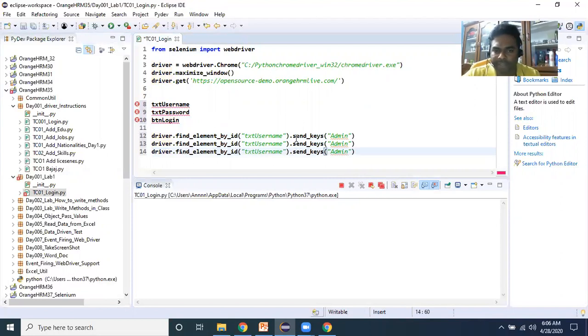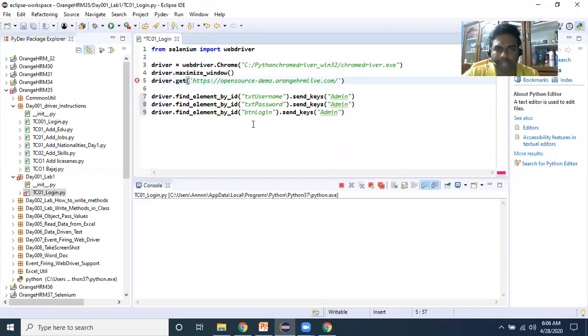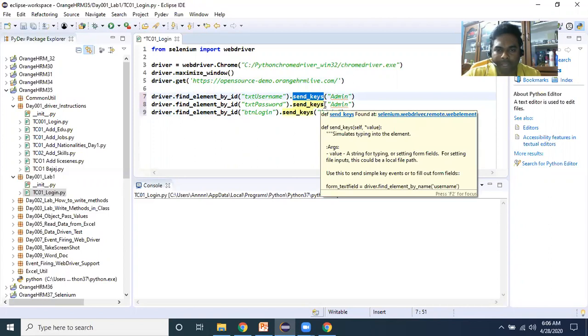I copied this driver instruction three times, with Control X and Control V. Here my driver finds the element by ID as txtUsername, and on the text field I want to type the value admin. For that I have to write the operation send_keys.